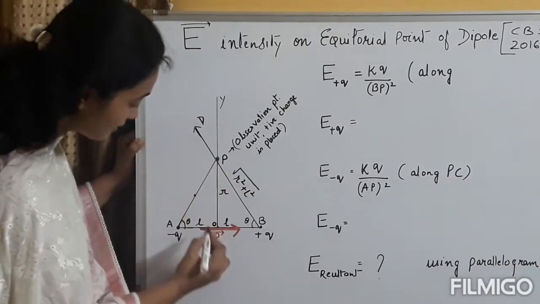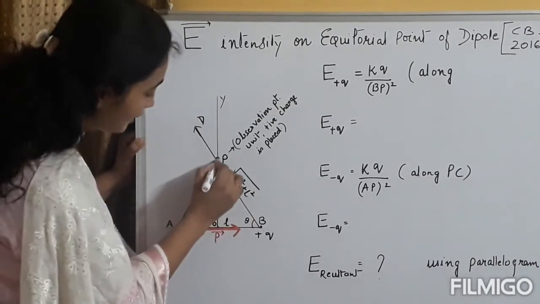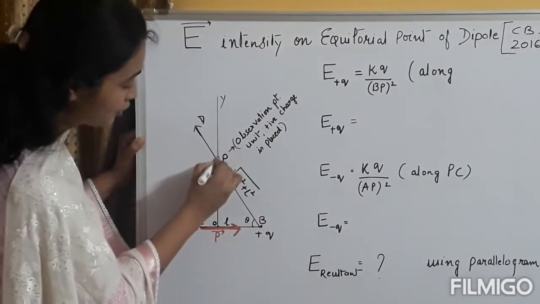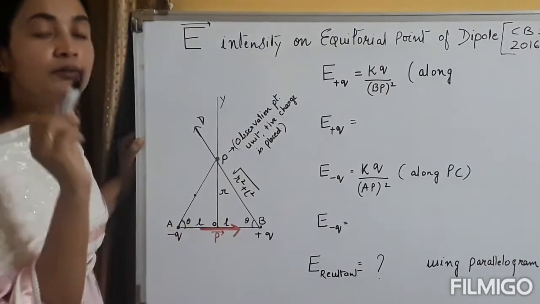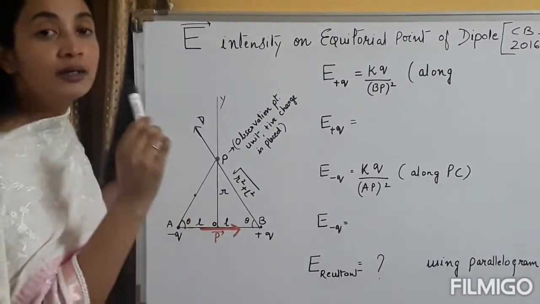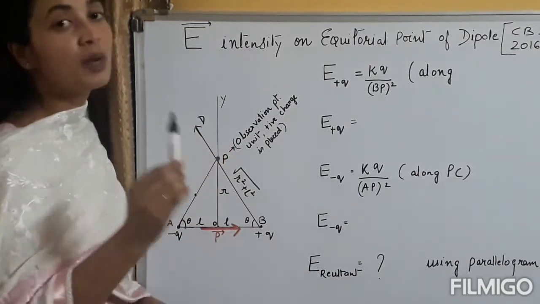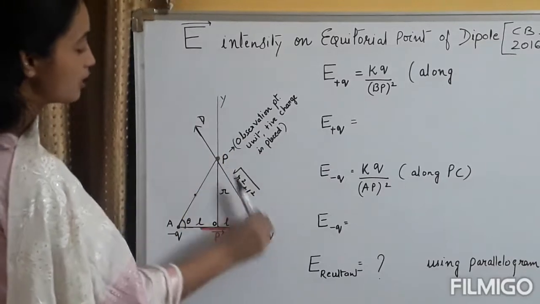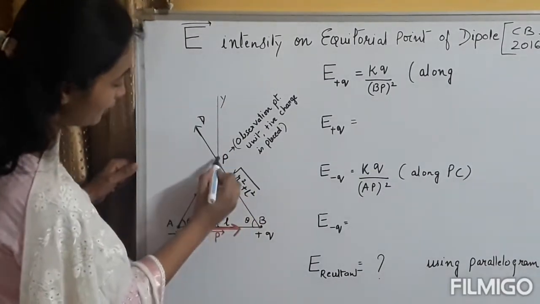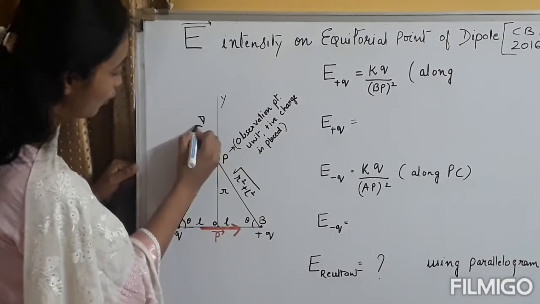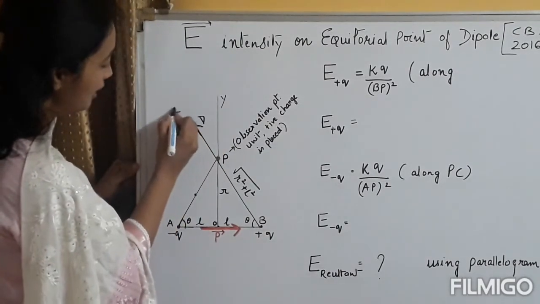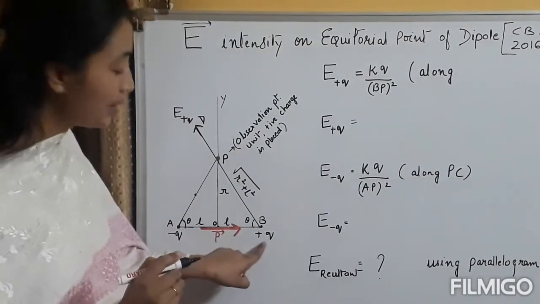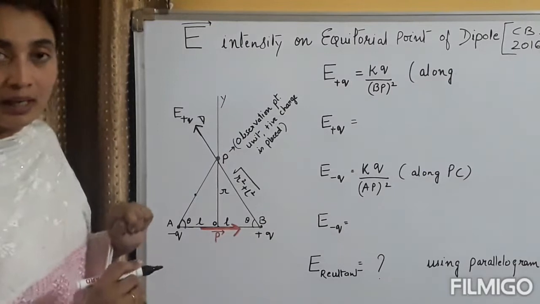Now be careful with the things. Now electric field at the point P due to plus Q charge. Plus Q charge will have some electric field at the point P. Now you know that the electric field lines are always outward from the positive charge. So this is a positive charge, the electric field line will be away from the positive charge outwards. So the direction will be along PD. We have drawn it with an arrow. I call it E plus Q. What is this? Electric field due to plus Q charge at the point P.